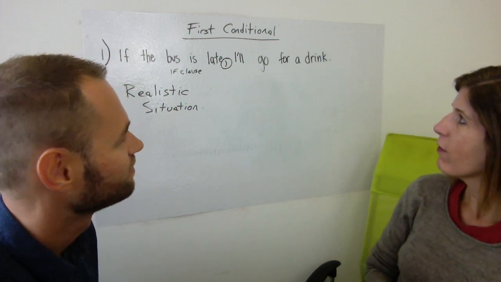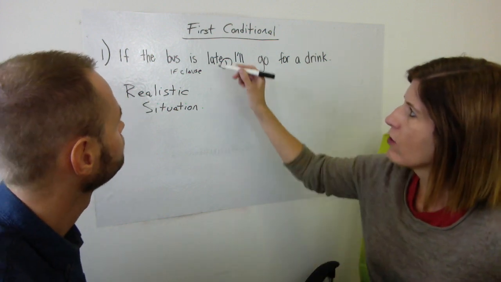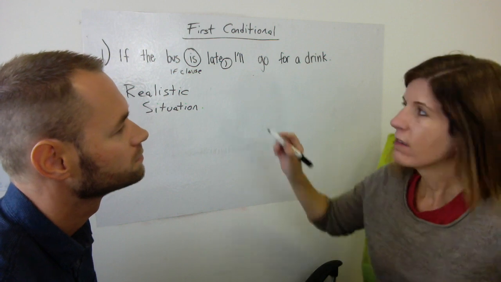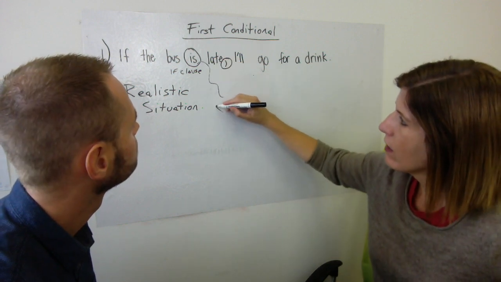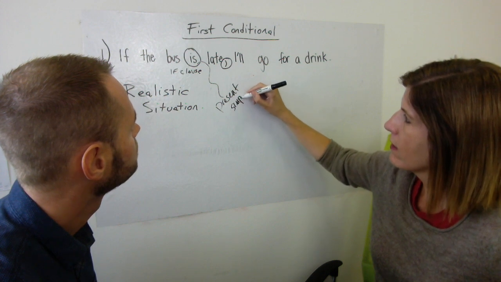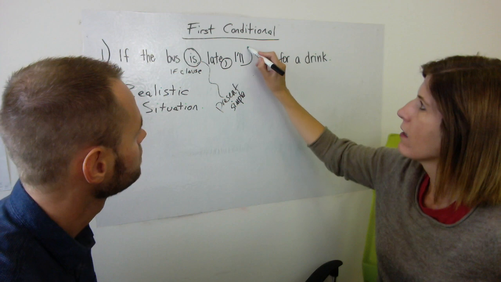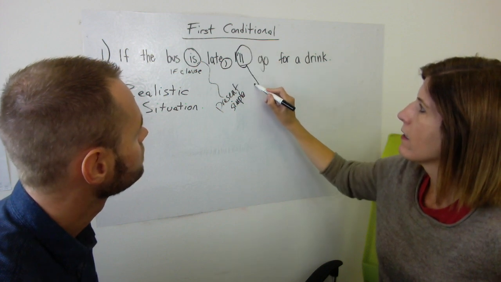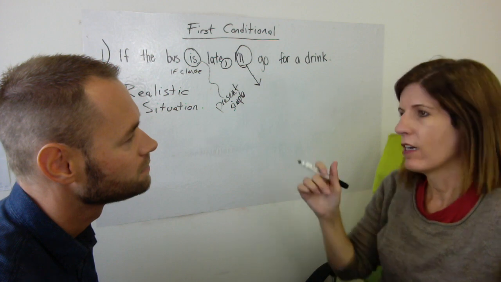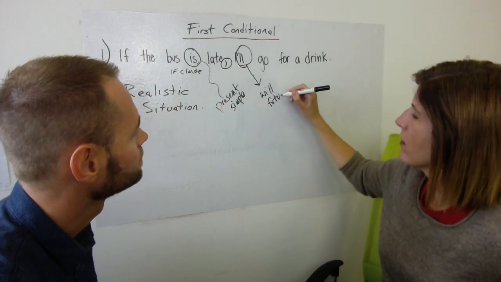Should we look at the form a little bit? We've already spoken about the commas. Let's look at the different tenses, so you can recognize the verbs here. The is, okay, here we go. That's our present simple. And here's the verb, right here. And we know that that is the contracted form of will. Exactly. So it's our will future.